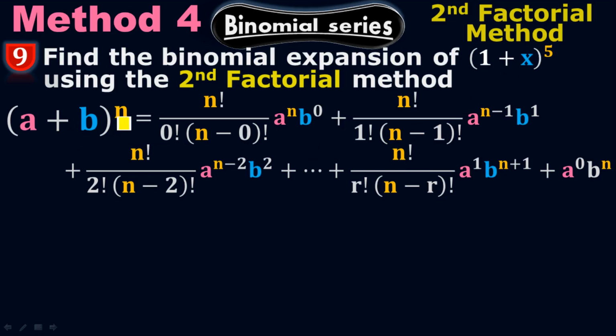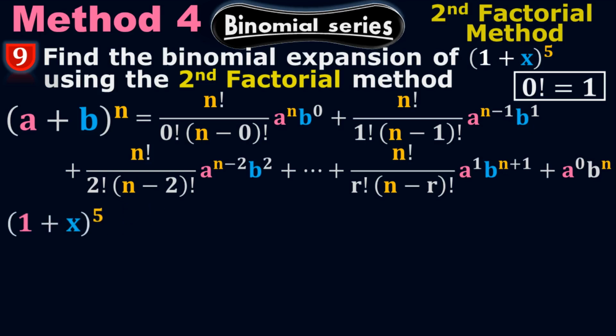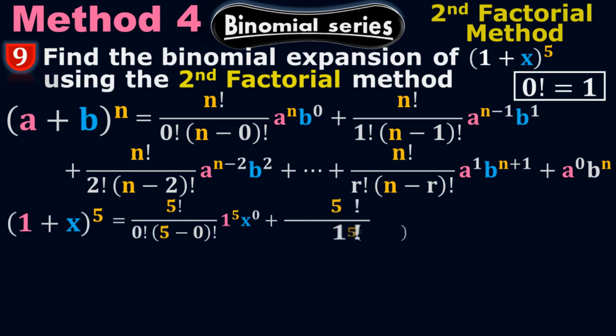Look, a plus b to the whole n equals to this expression on the right side according to the second factorial method. We have already learned about the second factorial method, so I don't want to go in depth. Since it involves 0 factorial, for the 0 factorial we're going to put 1. So according to this second factorial method, our given binomial expression is 1 plus x to the whole 5. According to the second factorial method, it equals to